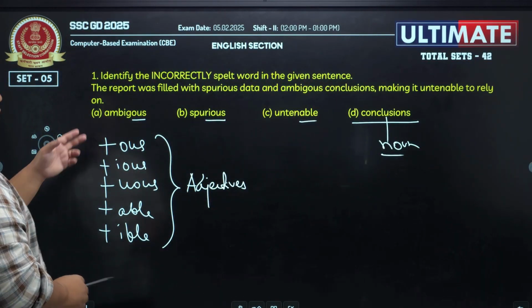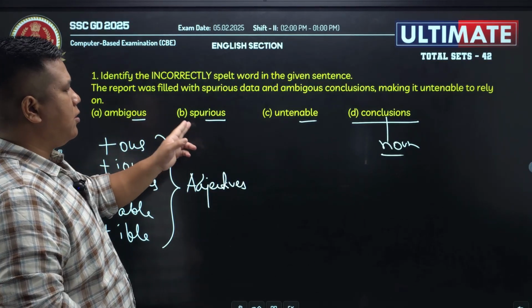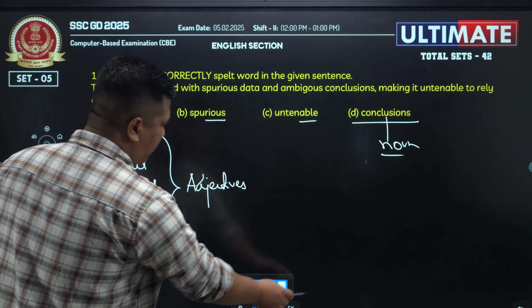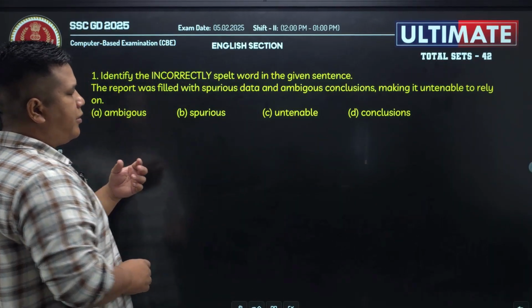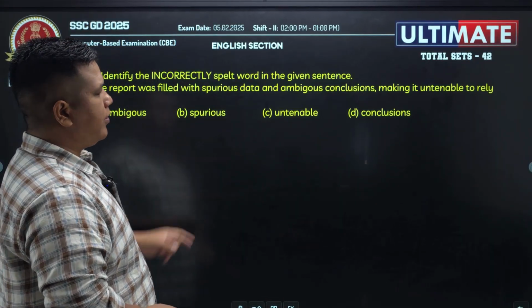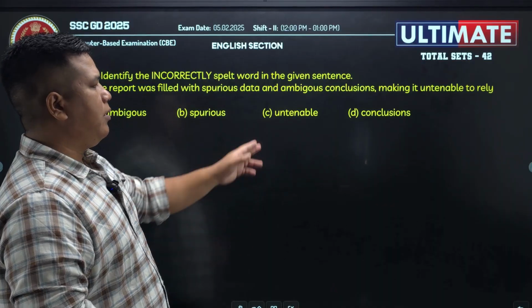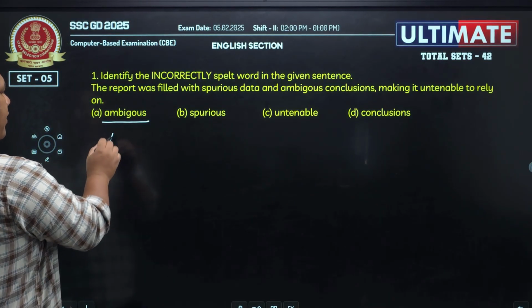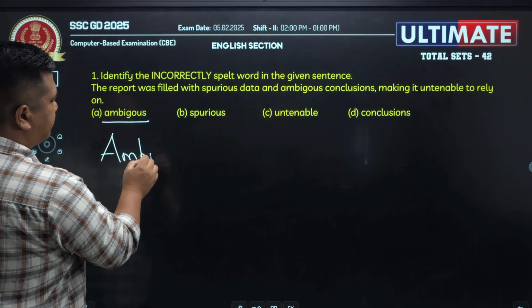So able, ous, furious, ious, these are all adjectives. So let's see what is wrong here. Spurious, so rious, untenable, able, correct? Then this one, ambiguous, this will be ambiguous,